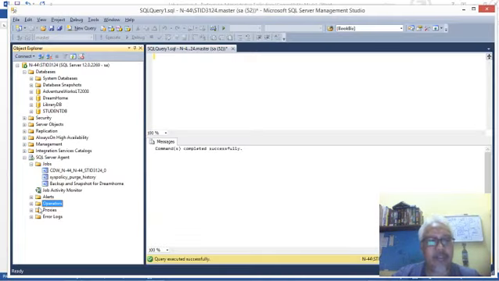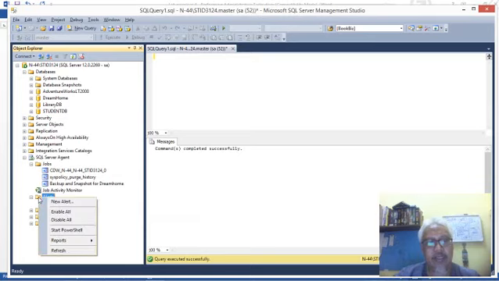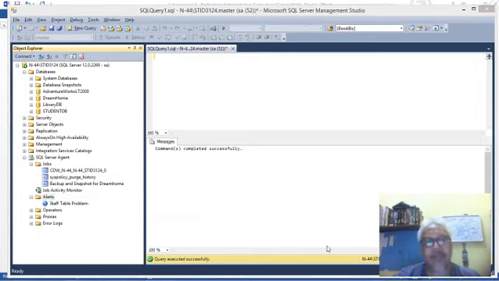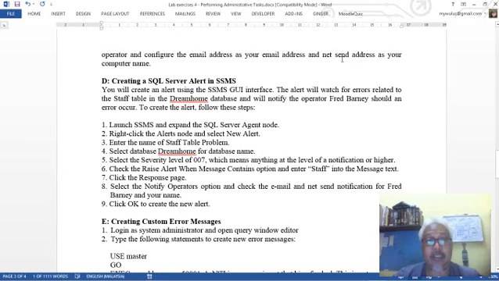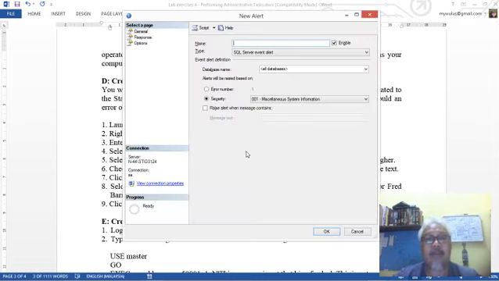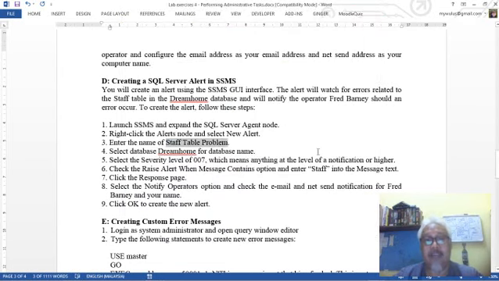We go to the alert, right? I already have the alert referring to the problem at the staff table, right? So we create a new alert. Okay, we create a staff table problem, the alert according to the staff table problem. So go to the staff table and then this staff table problem, and then